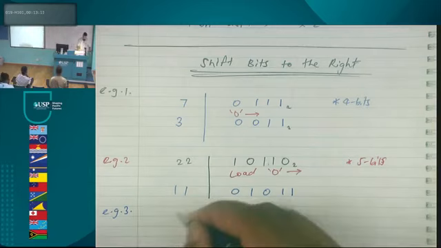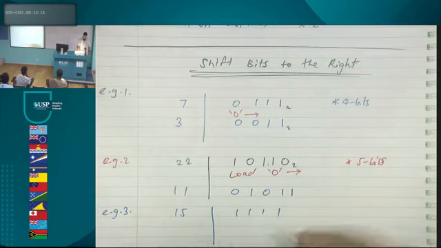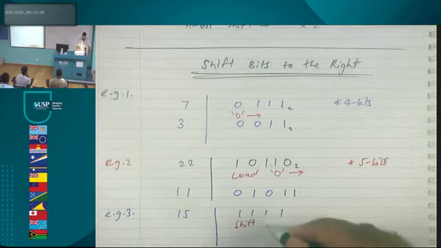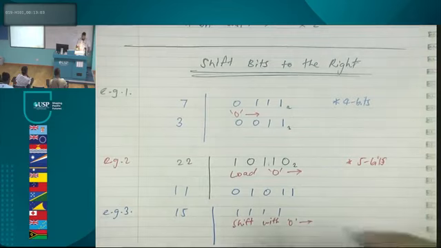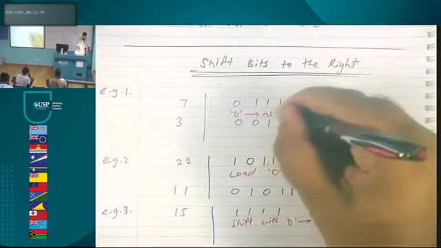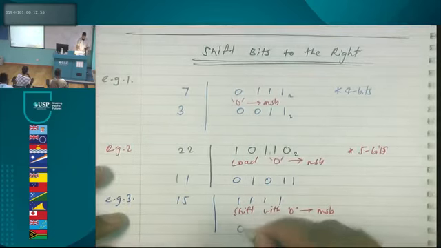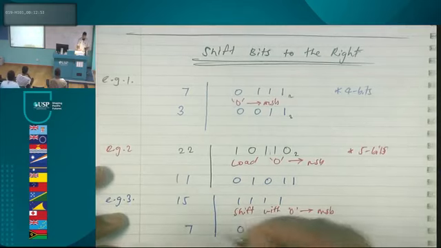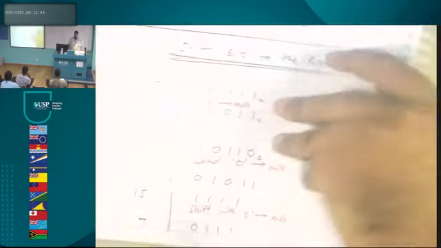Let's do another one. Let's try the number 15. Right? And then when we load a 0, we shift with 0 to the 0 from the MSB. Right? We get 0111, which is a 7. So what we observe from here is that shifting